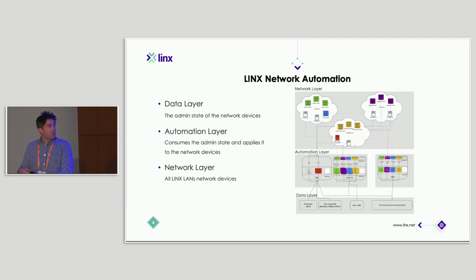OS gets introduced in the platform. And the network layer is just the different LANs. So here an example is London 1 with a mix of Juniper and Nokia devices, London 2 with EdgeCore, and a hypothetical new LAN with new